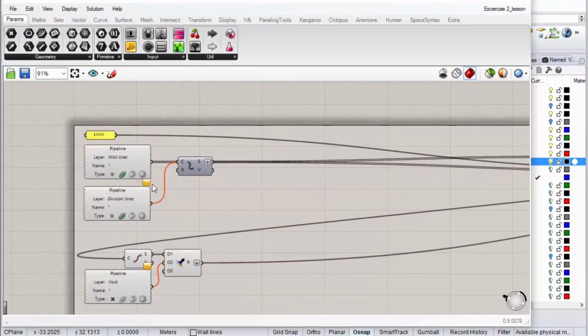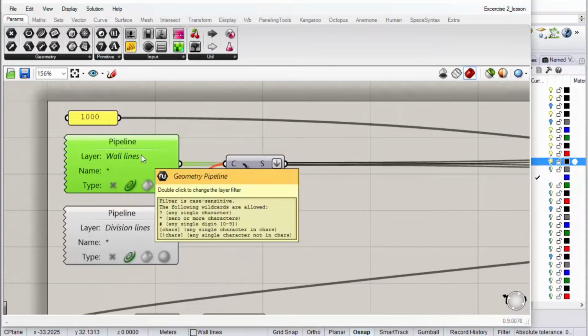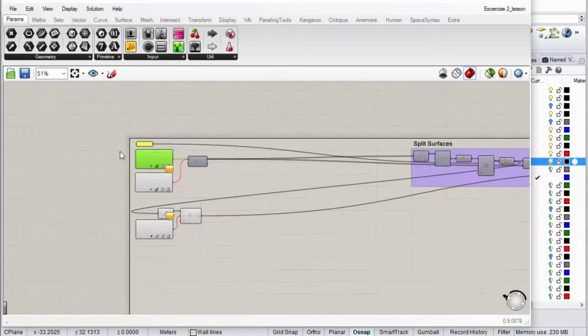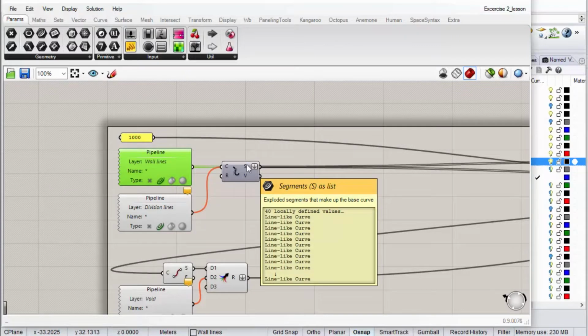Now, one way would be to divide everything into layers that say wall lines first floor or wall line second floor and so on, and have lots of different inputs for each layer. But an easier way of doing this is to just take all of these curves,